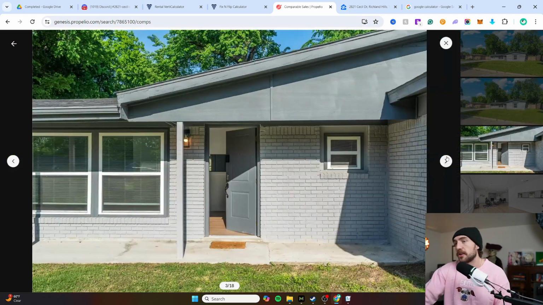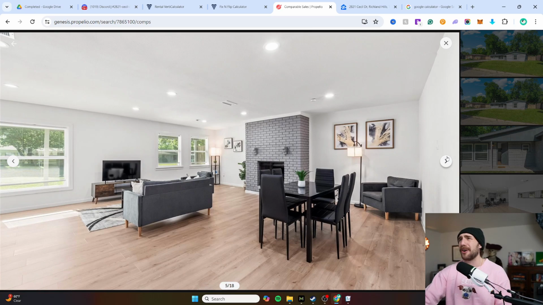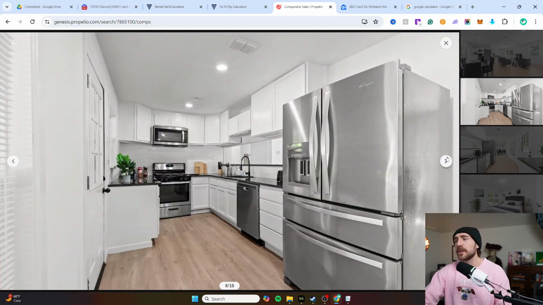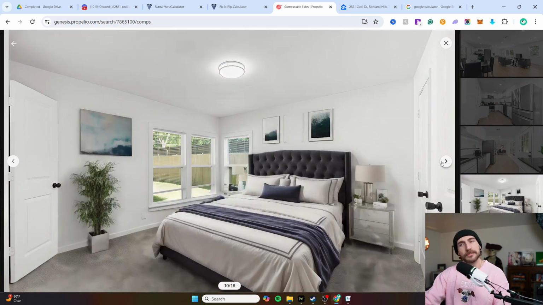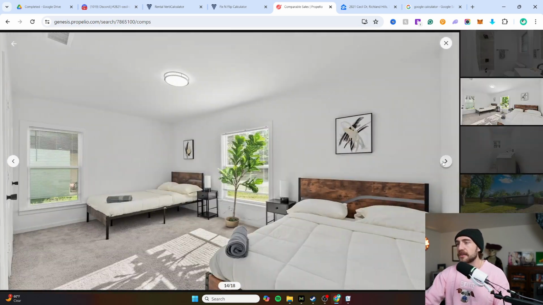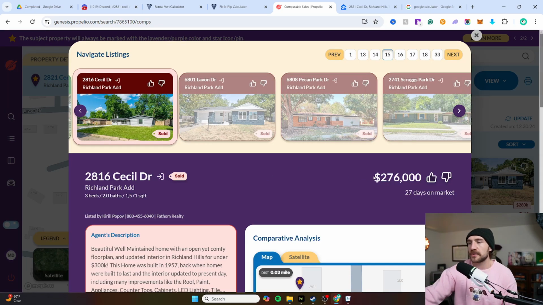So you're going to watch me. Oh, that's a nice house. That's a fully flipped ARV house, except that fridge really sticks out. They should have built a little half wall right there. That's an eyesore. Could have done better. Nice house. And what did this house sell for? It sold for $276 in 27 days.